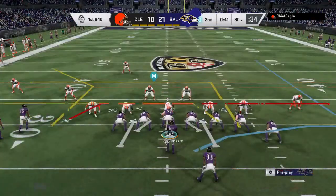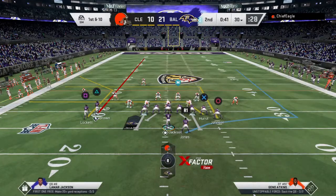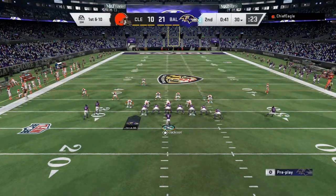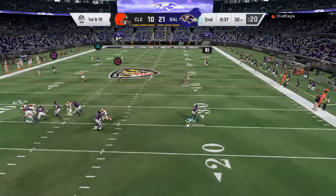The Ravens offense set at the line for this next drive. You've got under a minute to go here until halftime. You've got the good-sized lead. No need to do anything crazy. No, there really is no need to do anything crazy. The smart play, go ahead and take your lead into the locker room and then try and add to it in the second half. But there's a part of me that looks at this and says,